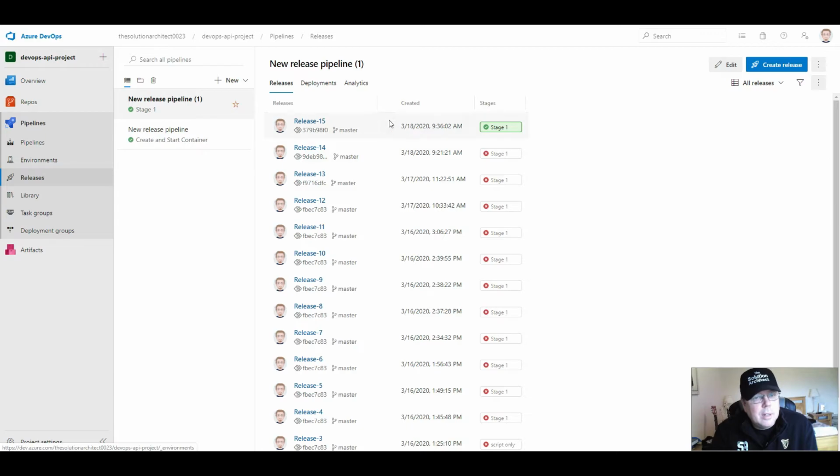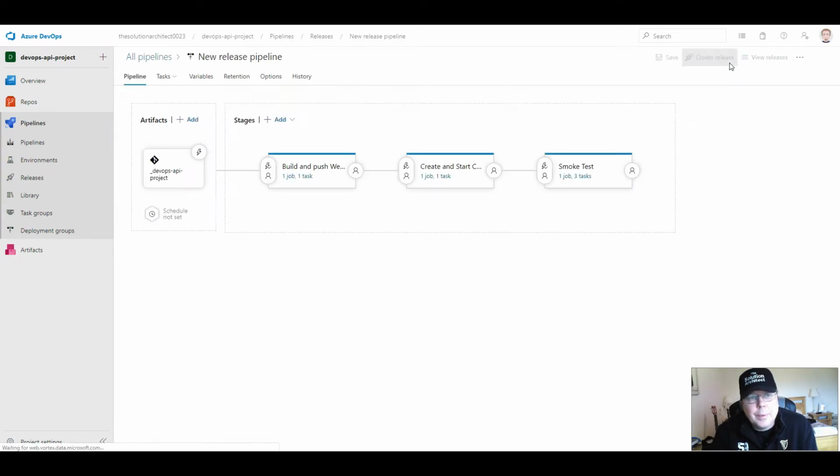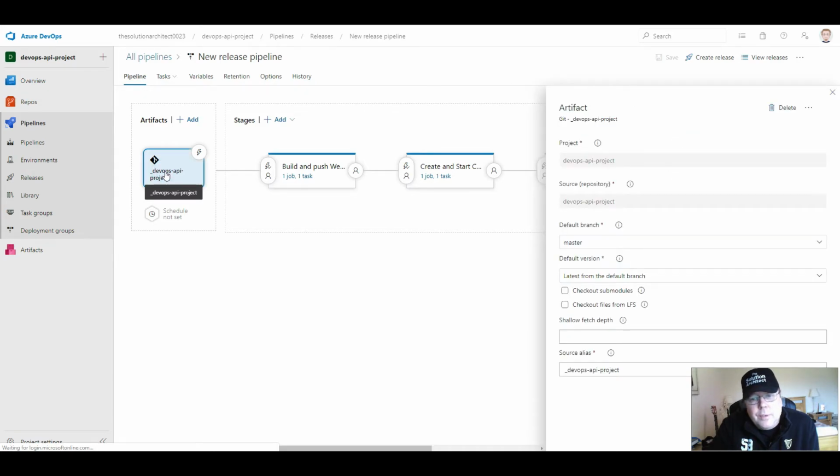So you'll see there's a little bit errors here. I played around a bit, but this was just a test area for me. The one that I want to look at is create and start the container. I'm going to edit. Now, your artifacts that I use, the artifacts is